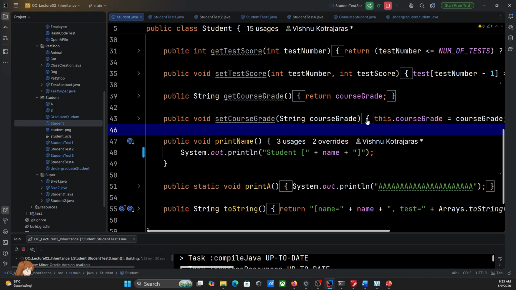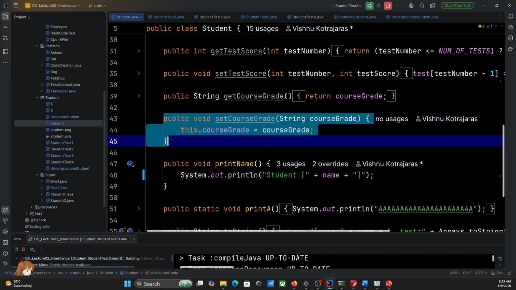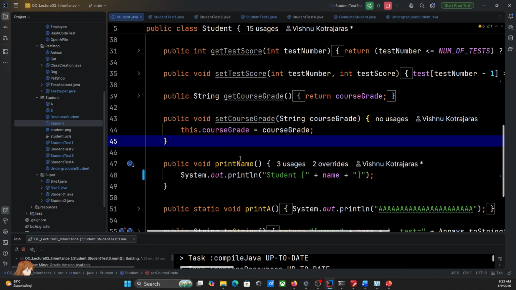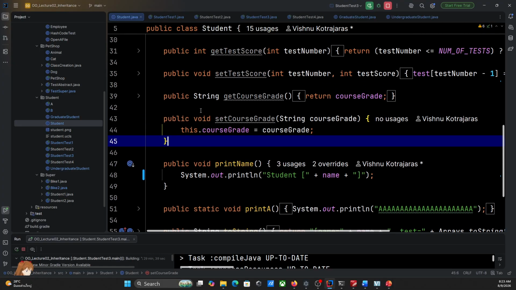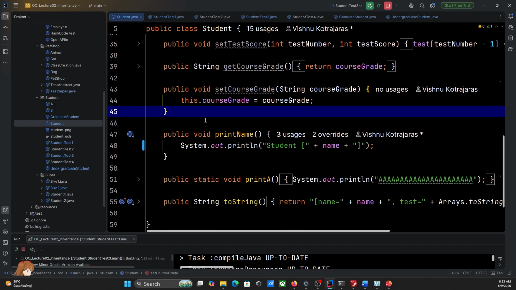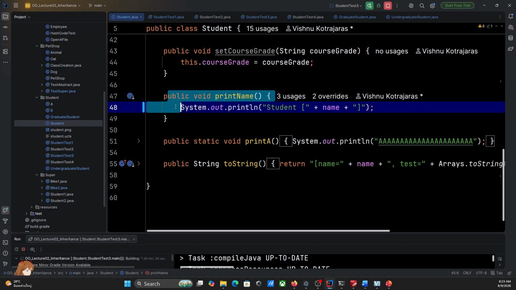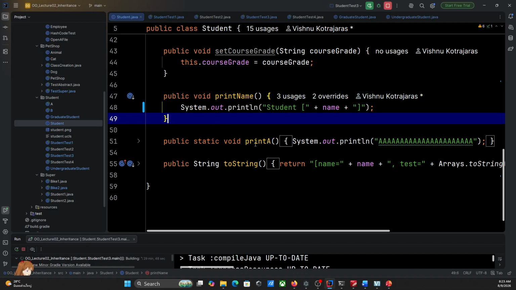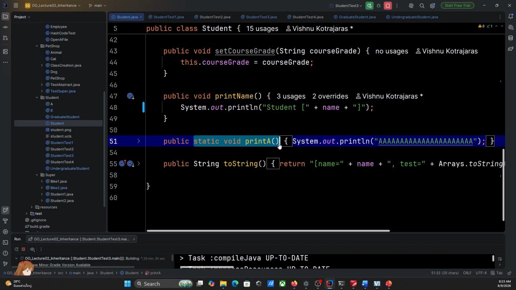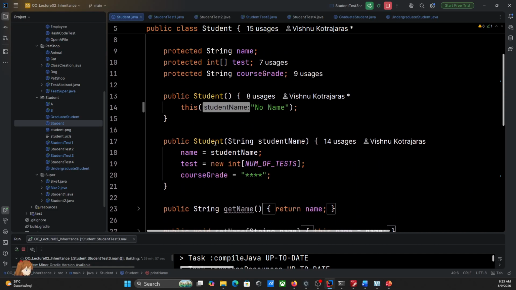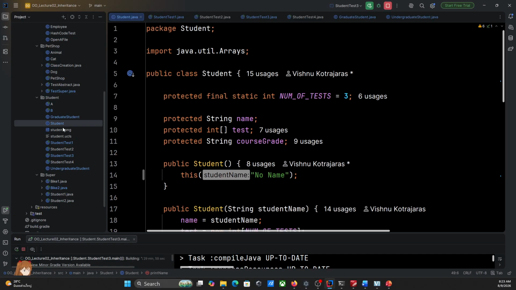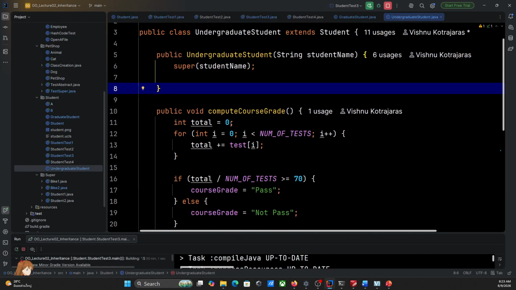So in this one, I actually have set course grade for Student, but I don't have the calculate grade. We have print name and also a static method, so that we can have a static method example later. Okay, that's Student. And then for UndergraduateStudent,